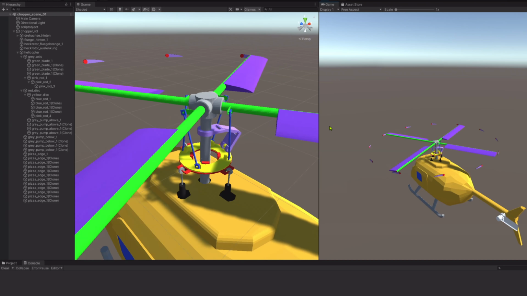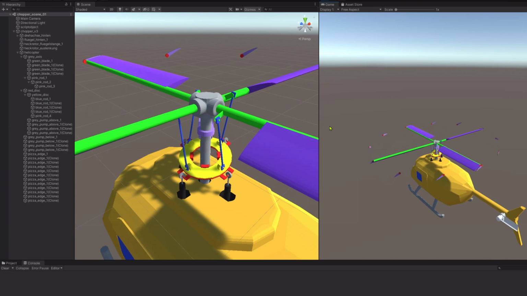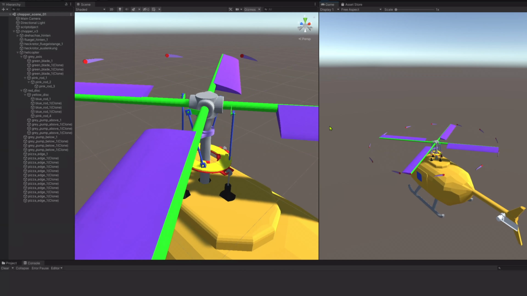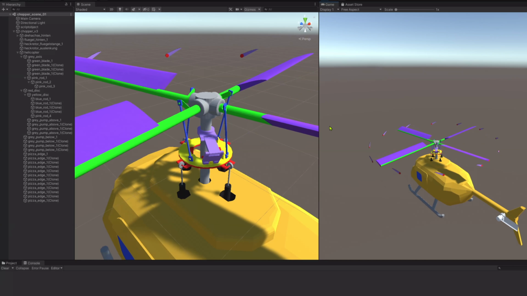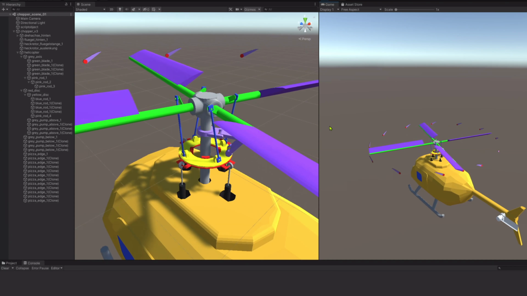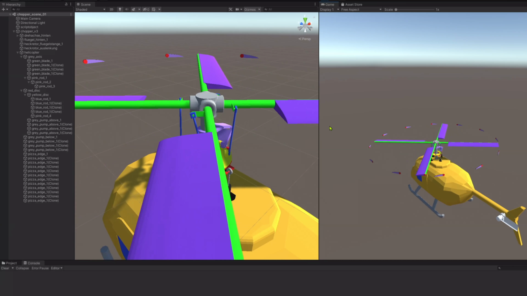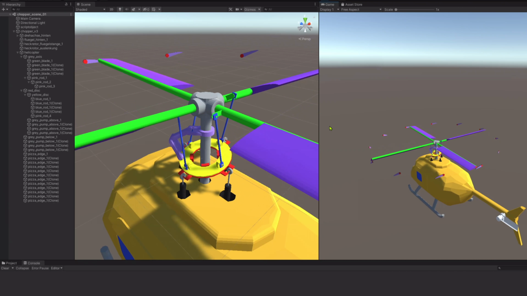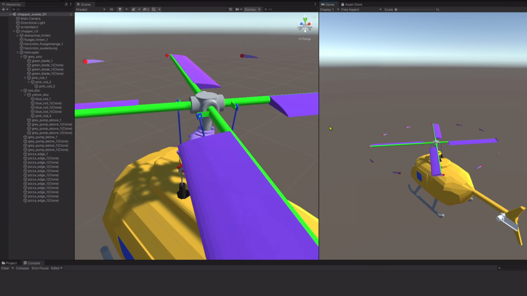I think you get the picture of what I'm trying to say, and it looks better than I assumed. And I'm also going to show how the code looks.